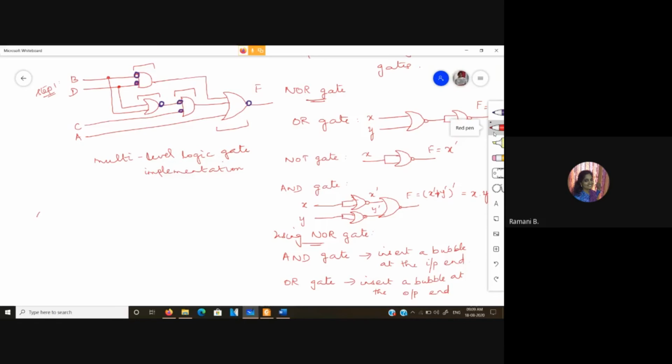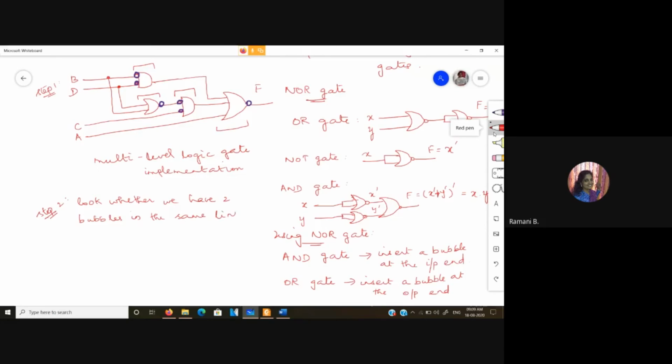Second step is, wherever we have placed the bubbles, look whether we are having two bubbles in the same line. Okay. Look whether we have two bubbles in the same line.